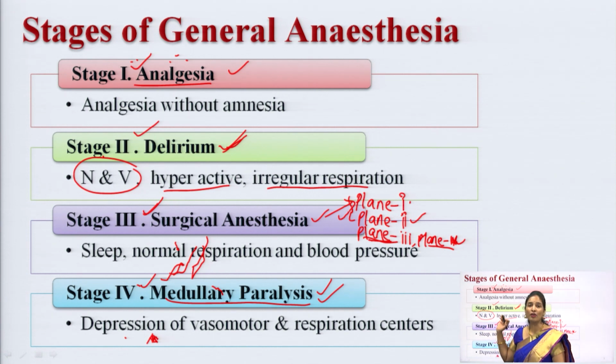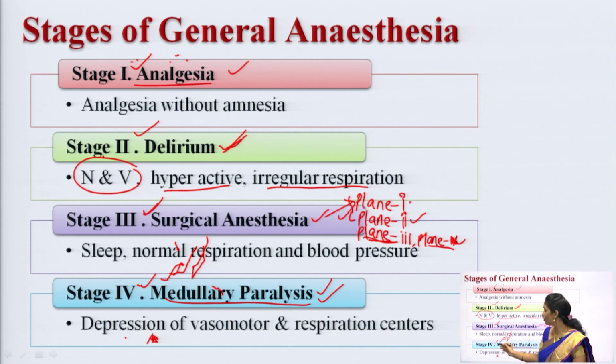So these are the stages of anesthesia. What are the stages of anesthesia? We have mainly 4 stages of anesthesia. Stage 1, which you can call the stage of analgesia. Stage 2, you can call the stage of delirium and stage of excitement. Stage 3 is called surgical anesthesia, and stage 4 is called respiratory depression. In the first stage, you can carry out minor operations, and at stage 3 you can go with the major operation. And in stage 2, the person cannot cooperate, he may shout, he may get excited at that particular stage, right.